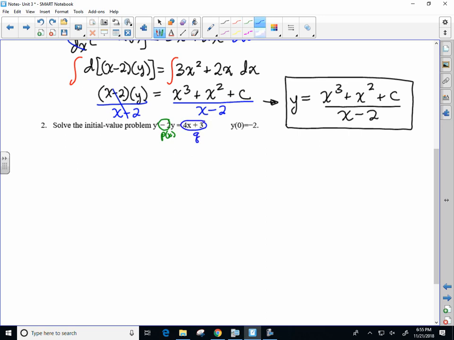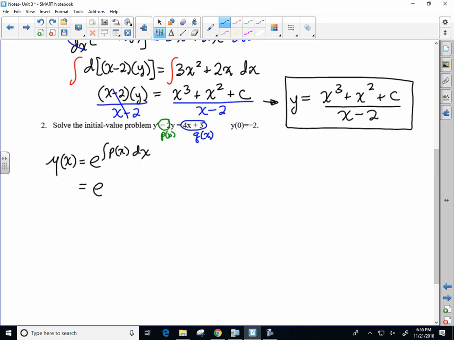And q of x, which ends up not being needed in this type of solution, but it's useful for other things. I just need the p of x. So mu, Greek letter mu, of x is equal to e to the integral of p of x dx,